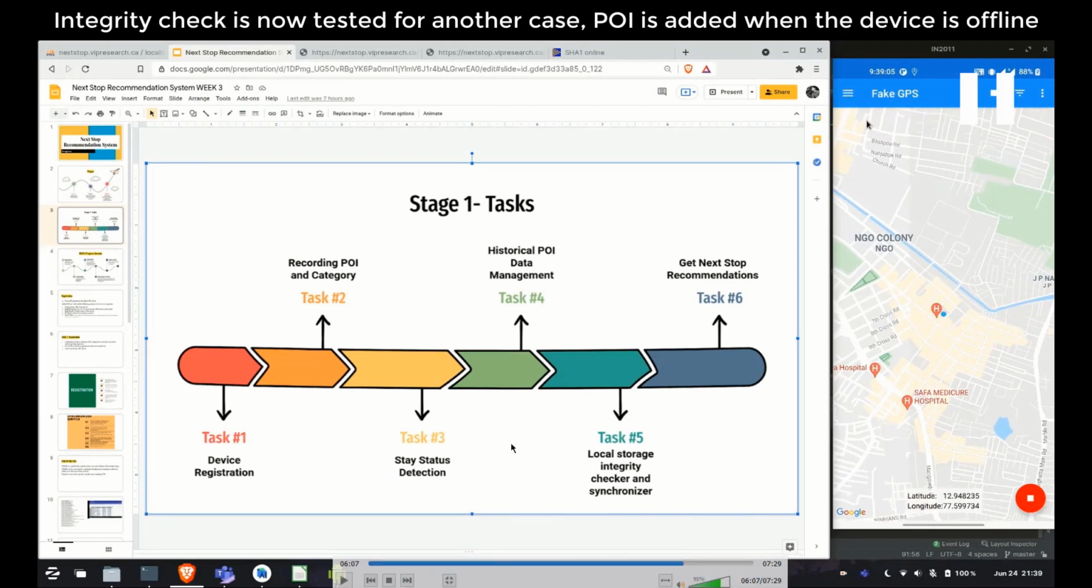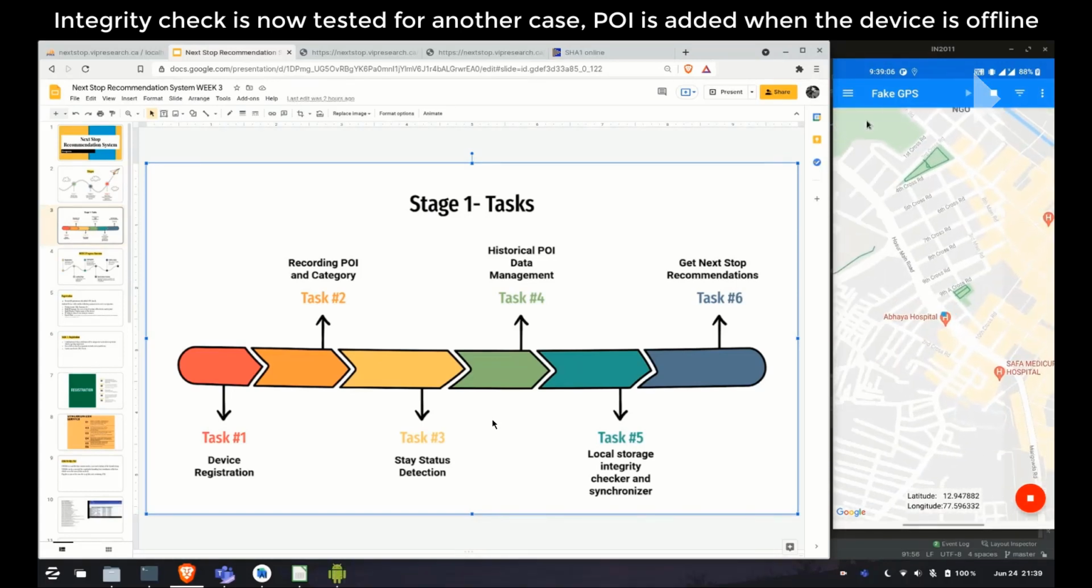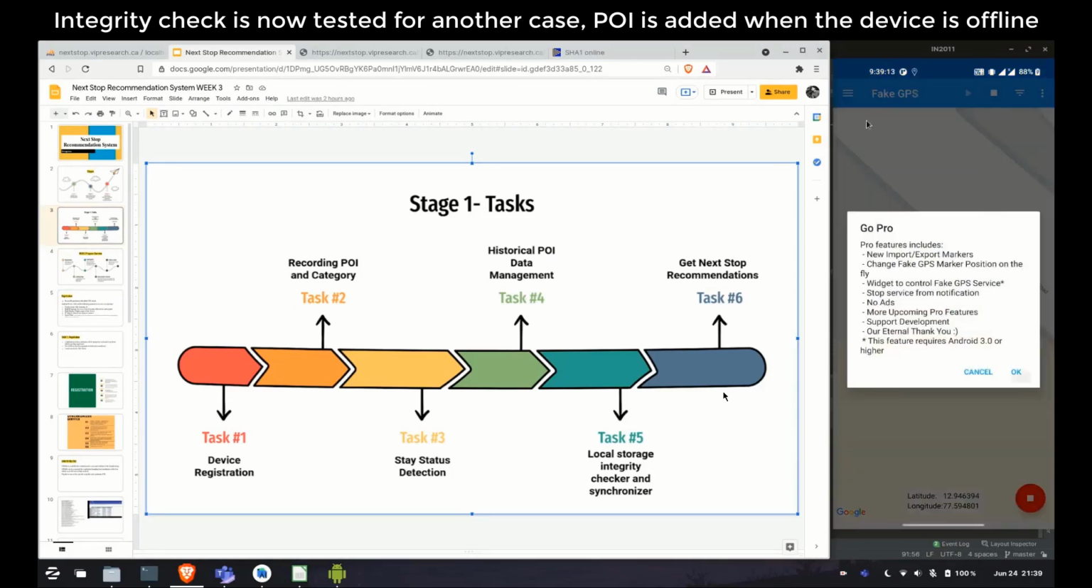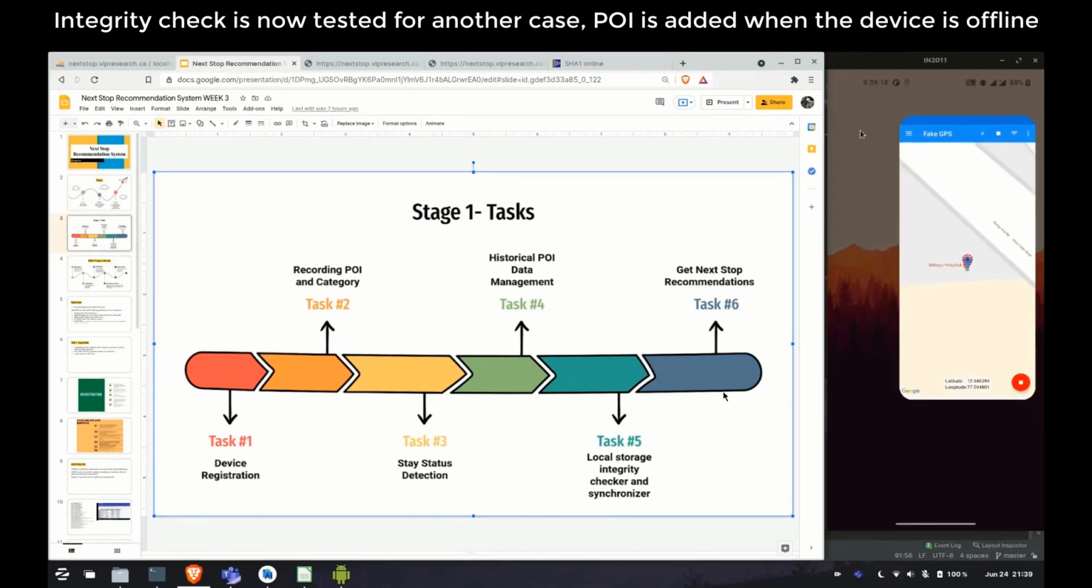Finally, the integrity check also has to be checked for another aspect, where a point of interest is added when the device is offline. So the device is offline, you visited a place, and that place is actually added to the points of interest. Now I'm trying to mimic the same aspect. I'm offline, I'm visiting Abaya Hospital, and